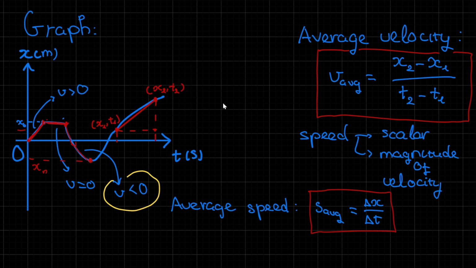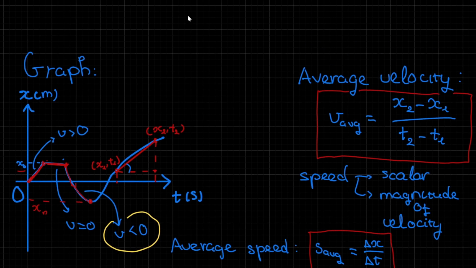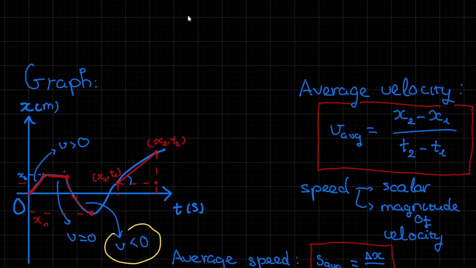Another thing that I want to mention is average velocity, which is a fast way for you to describe the velocity of an object. And you can see that it is the slope of the line connecting these 2 points. The practical meaning behind this formula is that, for example, you go on a highway, and so